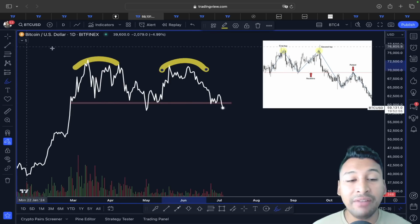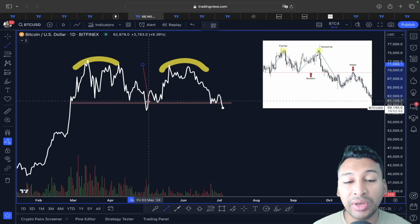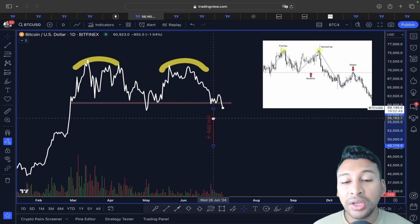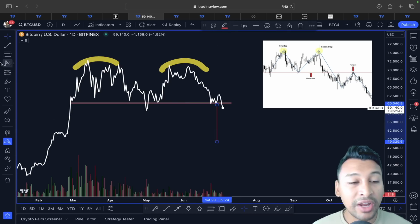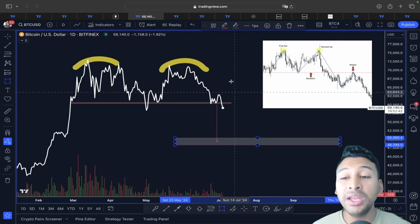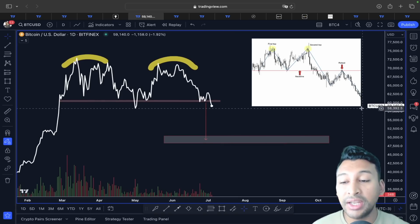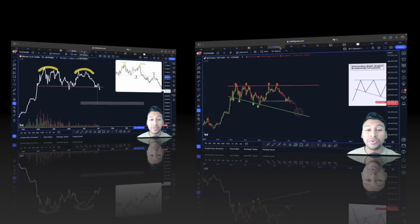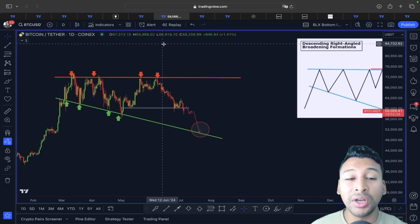Yes guys, we have already lost the neckline support, and now if it starts showing another continuation to the downside, you can see this price actually sits in between 48,000 to 50,000. So this trend line to the downside could be attracting us, just like as shown in an example. So to avoid all this bearish scenario, we have to find support above